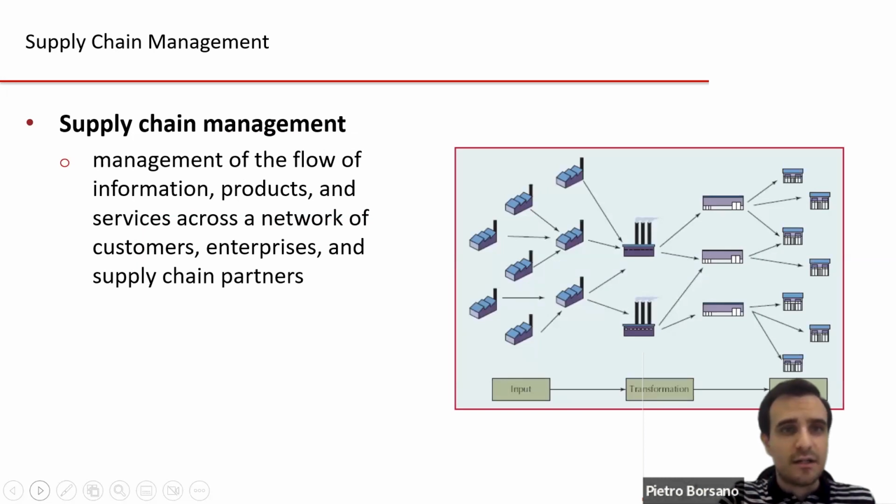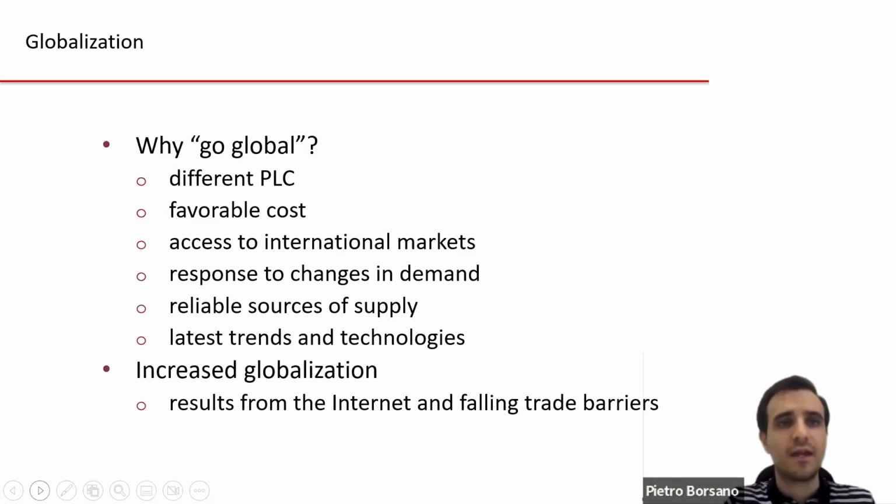This is the trend of supply chain management with, in a way, the externalization of the transformation process, which does not happen within the company anymore, but became more of an external transformation process done by the suppliers of the companies, and then moving towards the company and finally to the dealers of the company.